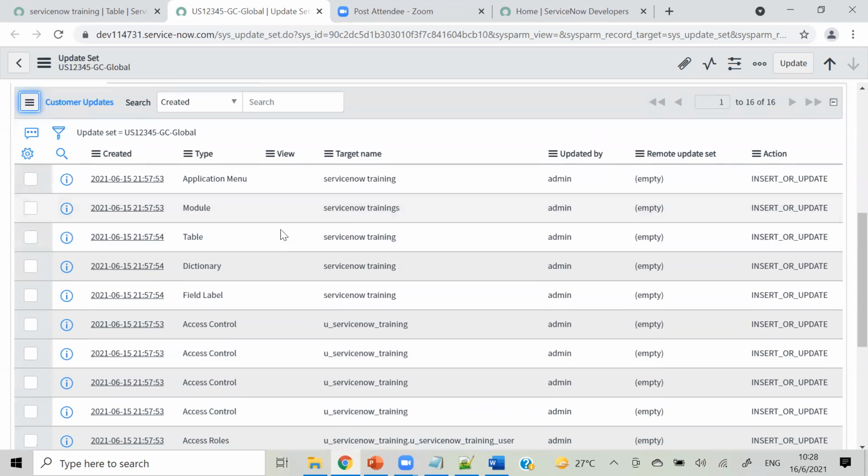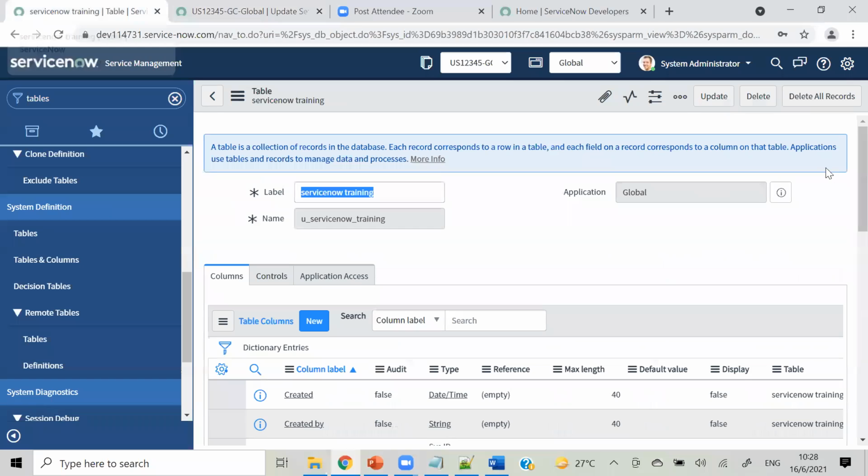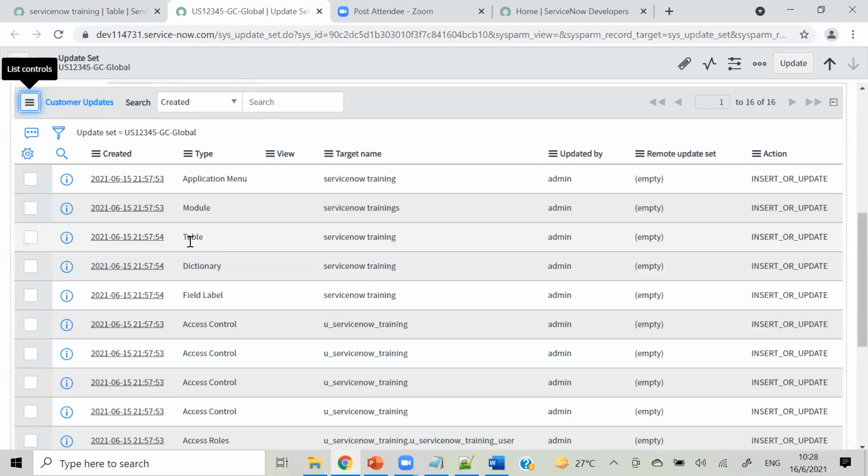So what are those? Application menu and modules, because whenever we create a table, by default that application and menu option appears on the side. And then my table got created.